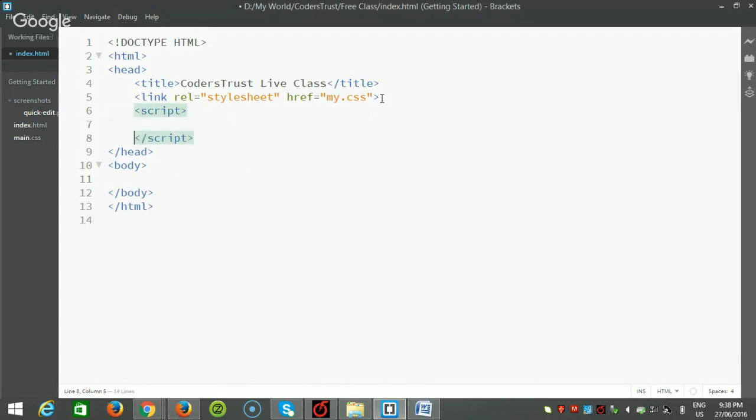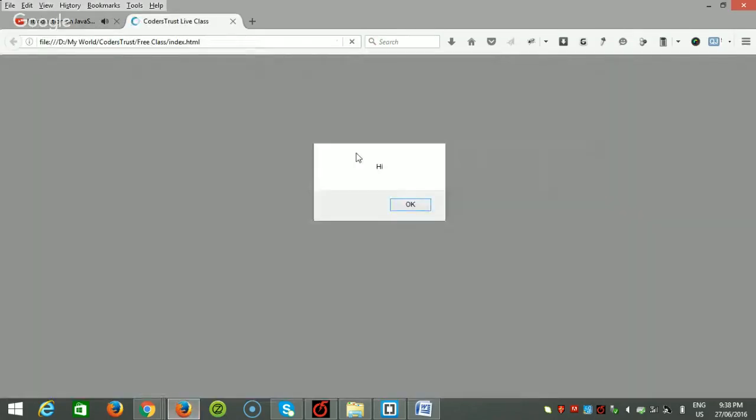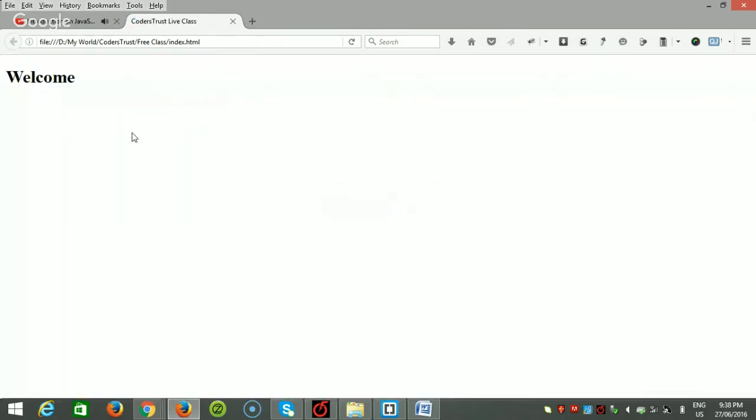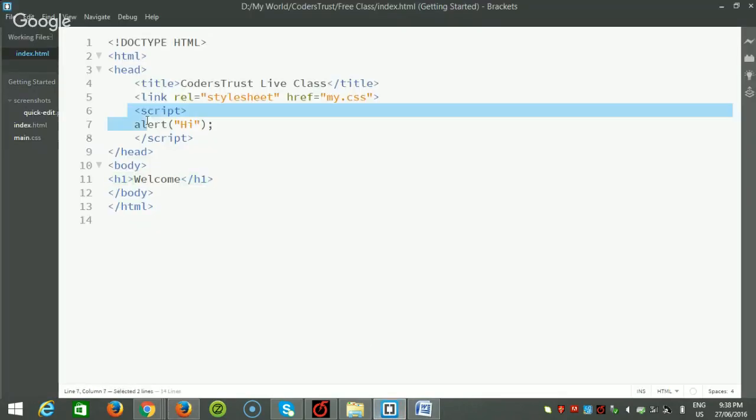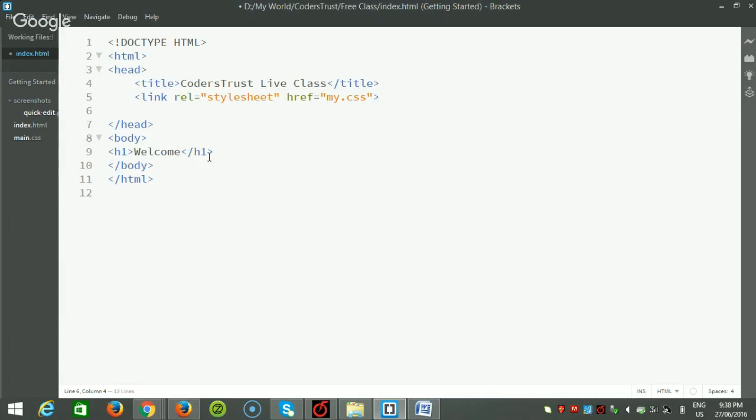This is a script here, just testing something. It's alerting "hi", and within the body I'm using something like "welcome". So let's test it now. You can see this "hi", but the page is still loading and there is no content in the background. That means when you click OK, the welcome is loaded. But when we keep the script at the end, just before ending the body tag here,